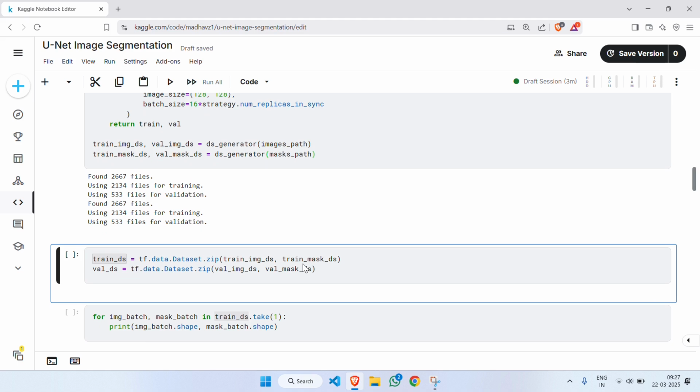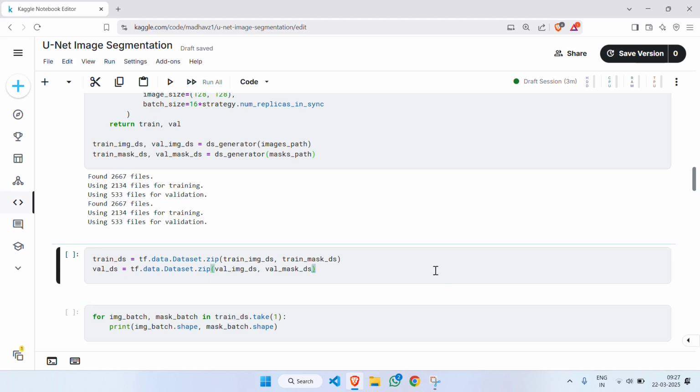After that, I am zipping the train image dataset and train mask dataset to a single dataset using the zip method and saving that in train ds. Similarly, validation image dataset and validation mask datasets are zipped together and saved in the variable val dataset. So let's run this,